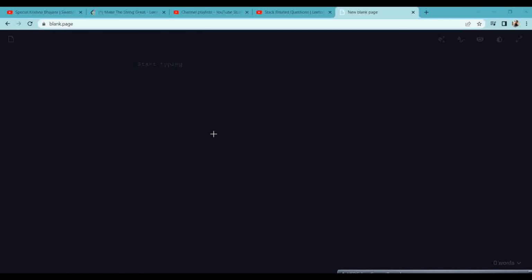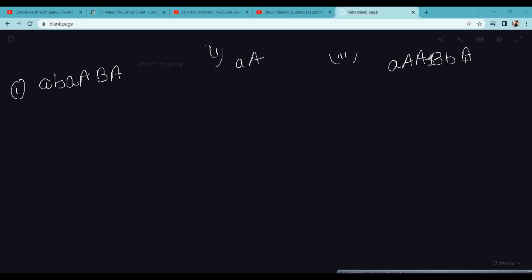I'm taking some examples. If we have a b B A a, this is our first example. Second is a A. Third is a A b B a. So what you have to do in the question: if you find two characters and both characters are the same but their cases are different,